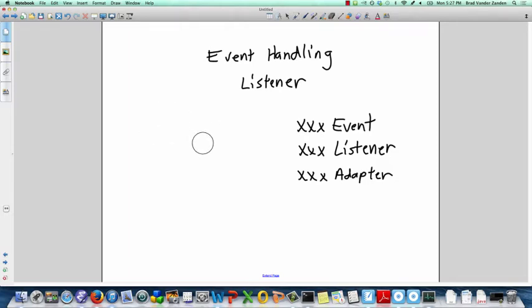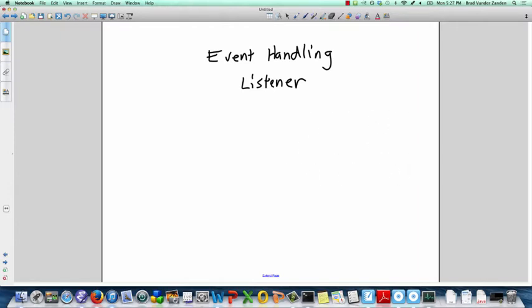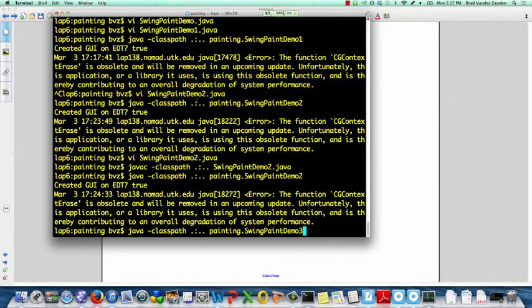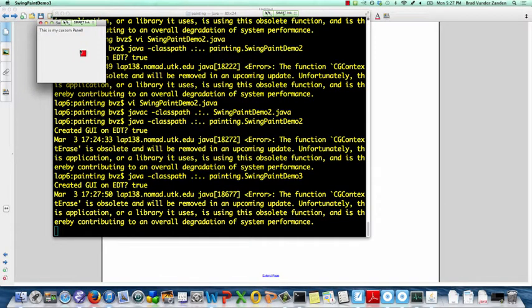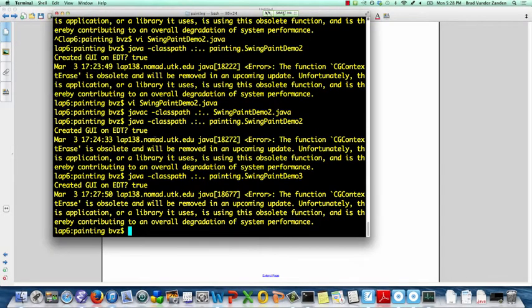So what we're going to do is draw a rectangle, and then we're going to have it respond to a mouse event, and we're going to be able to move the rectangle around the screen. So I'm first going to demo that activity for you. So you can see I've drawn a red rectangle and I can move it around the screen. So this is the behavior that I want to implement. So let's take a look at that